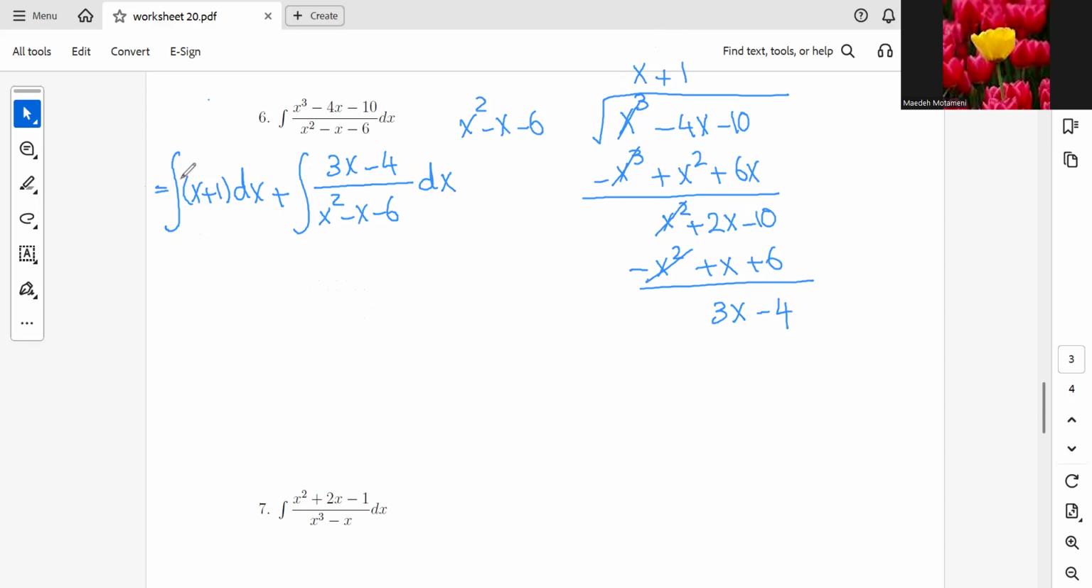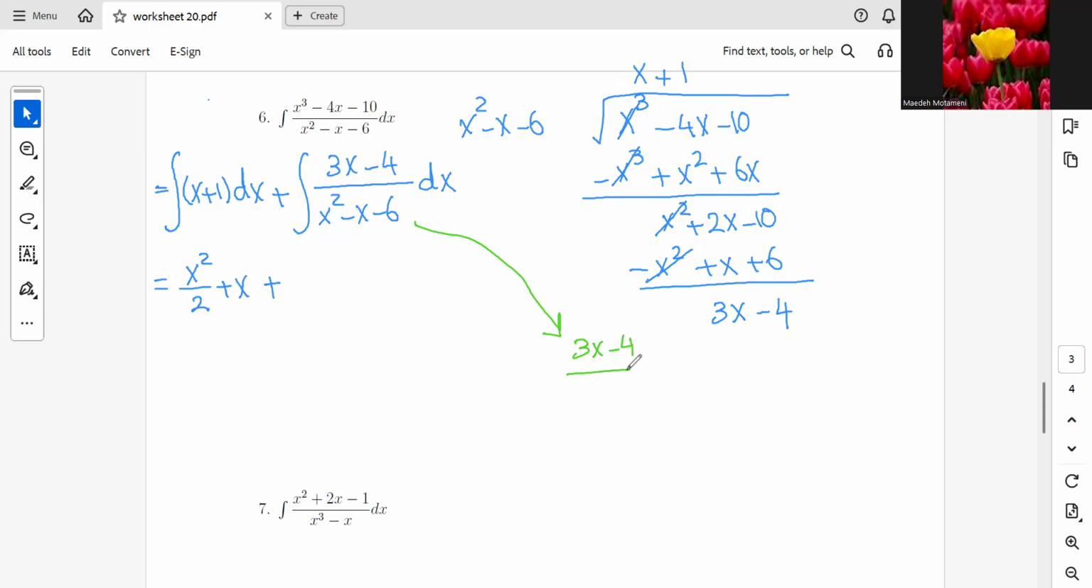We know what the integral of x plus 1 is. That would be x squared over 2 plus x, but we need to find this integral. This one is going to be partial fraction. If we factor out the denominator, that would be